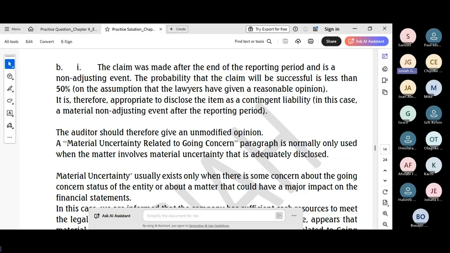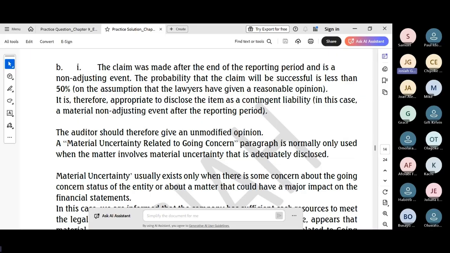So the safety valve clause around this is that the fact that a client has sufficient cash is the safety valve, or safety net, that prevents the material uncertainty from affecting the going concern assumption. So there's a safety valve or a safety net that could cushion the effect of whatever contingency has come to the fore.